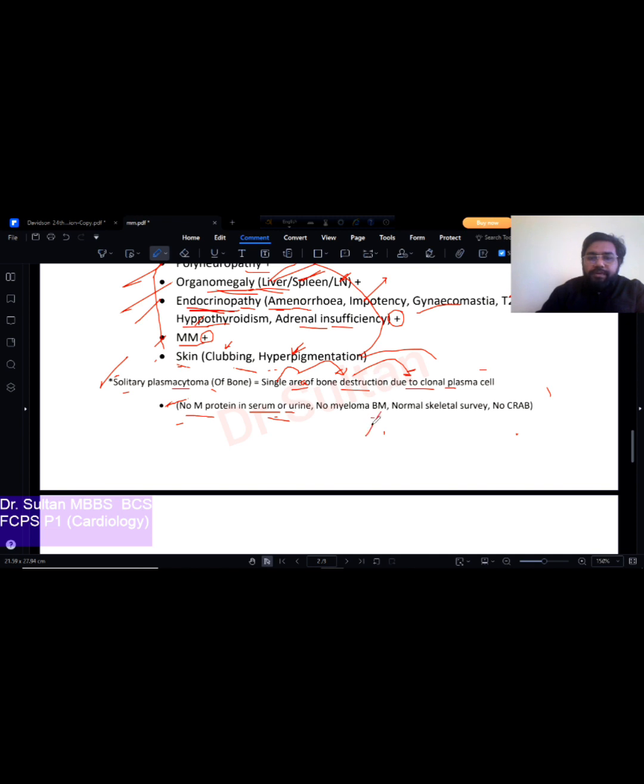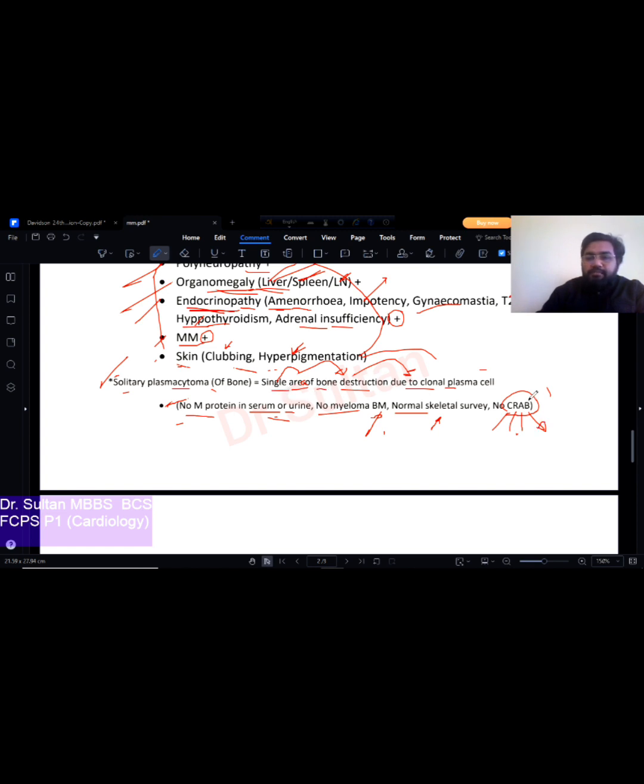If you do the bone marrow examination, there will be no myeloma like picture. If you do the skeletal survey, there will be no abnormality. And for the CRAB, there will be no hypercalcemia, no renal impairment, no anemia, and no bone involvement,